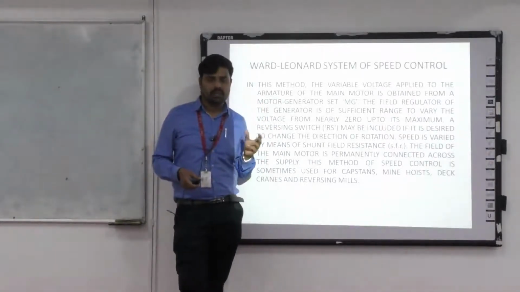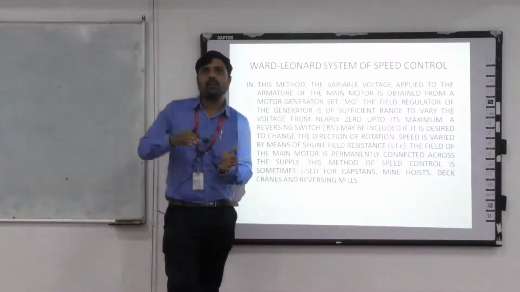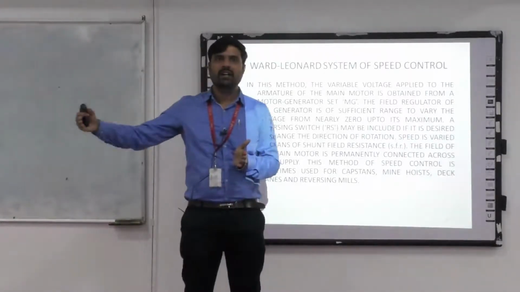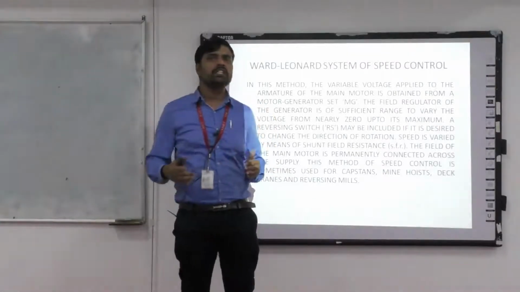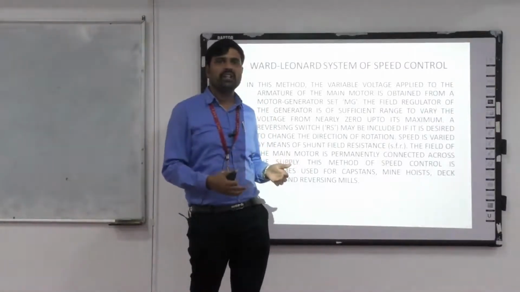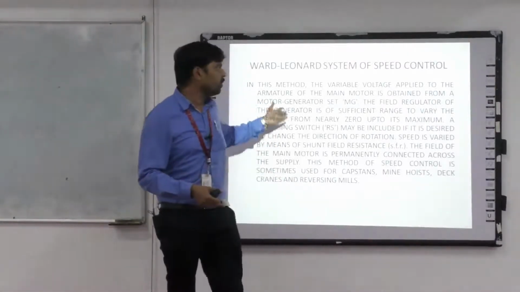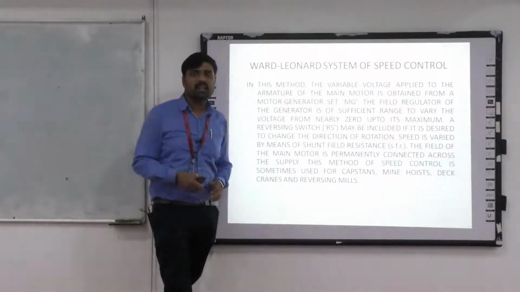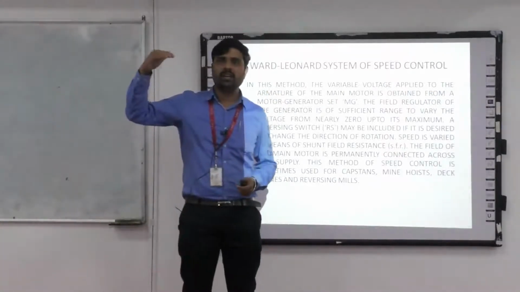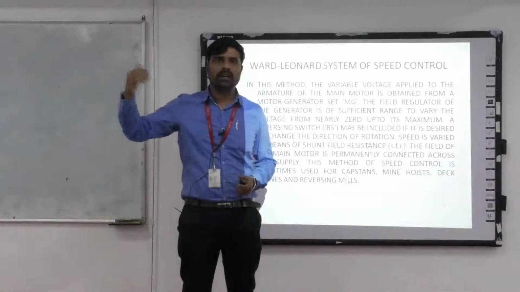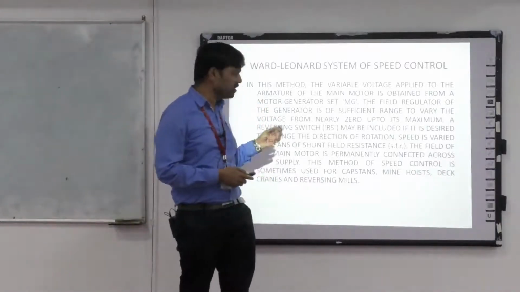One is armature voltage. Armature voltage means we cannot go beyond 230. The motor is designed for that; if you go beyond 230, nothing good happens because the winding and everything is designed for that only. If you go for the flux control method, the flux gets saturated at a certain point, and we cannot go beyond that. So these are the two limitations.